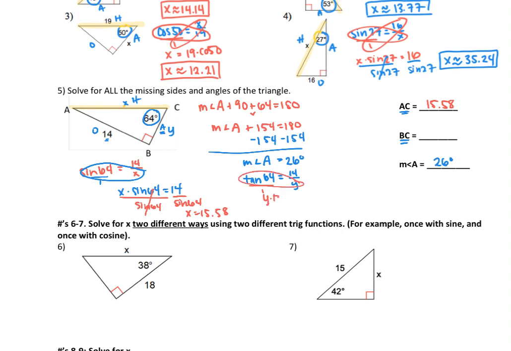So Y times tan 64 equals 14, and divide by tan 64. So we have Y by itself. We're going to put 14 divided by tan 64 in our calculator. So 14 divided by tan 64 would get about